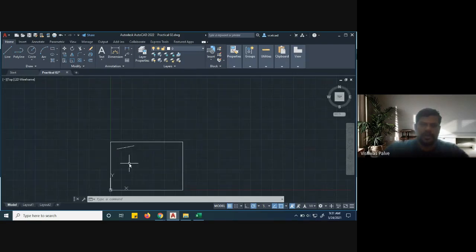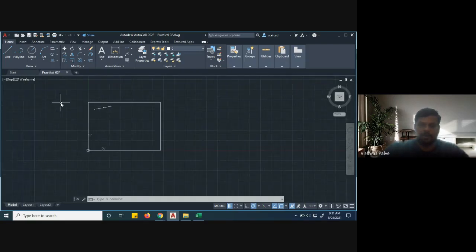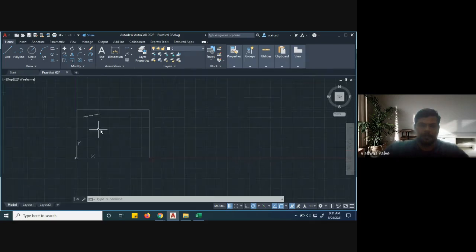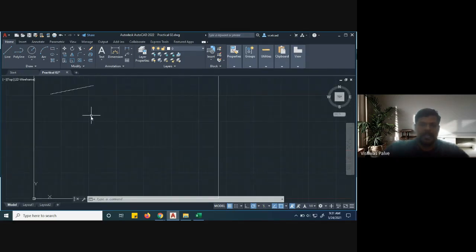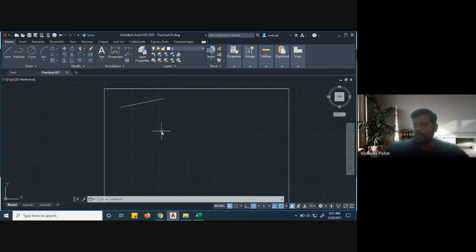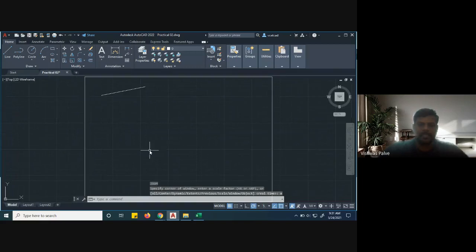In the reverse direction, it zooms out. If I want to pan, press the roller. If you press the roller, it works as the pan option. So these are the three features available with the mouse. And if I want to come out of any of the tasks, press the escape button, which just means cancel. And if I'm lost somewhere, what is the command? Z enter, A enter. Whatever is there on the screen will be visible.